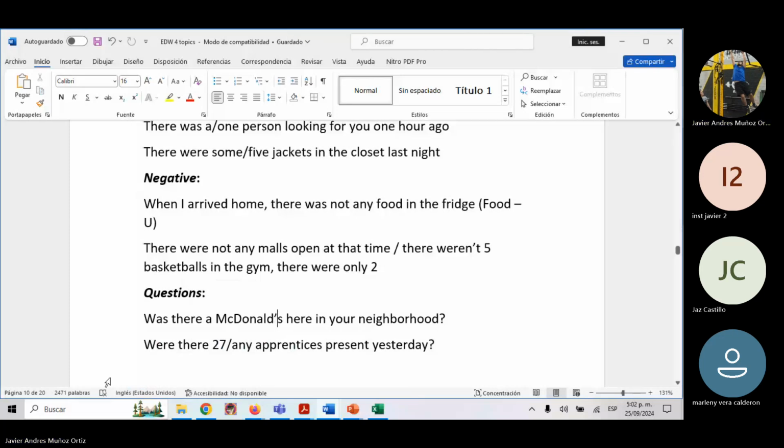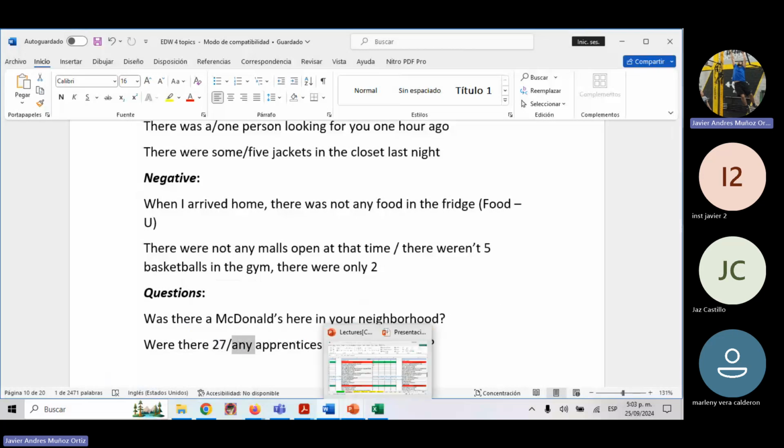What about this? Plural. Were there any apprentices present today? Maybe 7, maybe 10, maybe 2. Everything's in plural. Apprentices, more than one. Were there? According to grammar, it is in plural. And any, or 27, because it's a big amount. Okay. Any in this case, because we are creating a question where we are not offering anything and we are